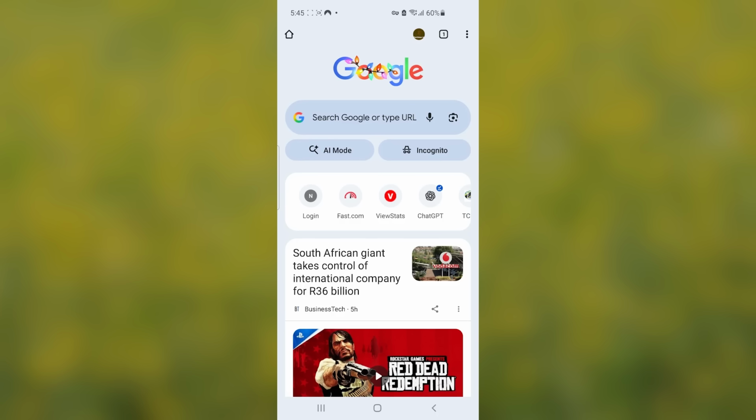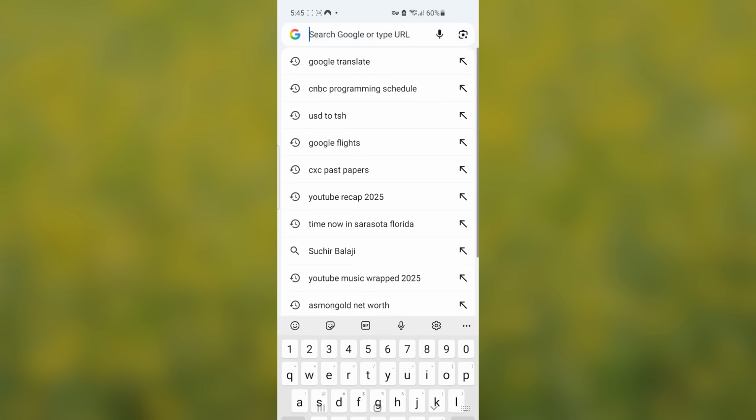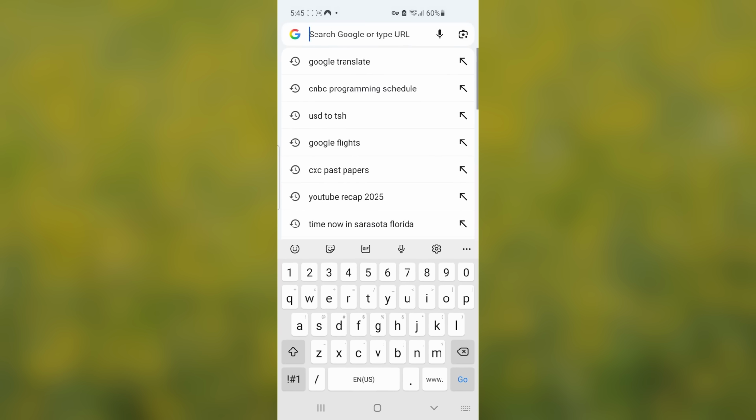This tutorial will guide you how to check your YouTube Rhapsody 2025. Now ensure that you follow the instructions very carefully. Now using your browser, I'm using Chrome, just on the address bar here, type